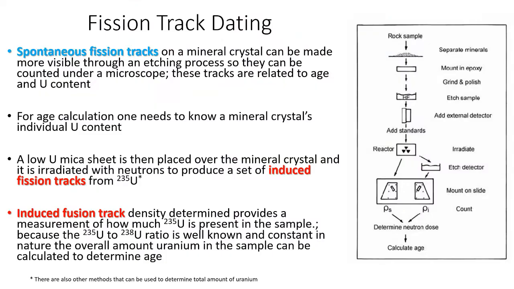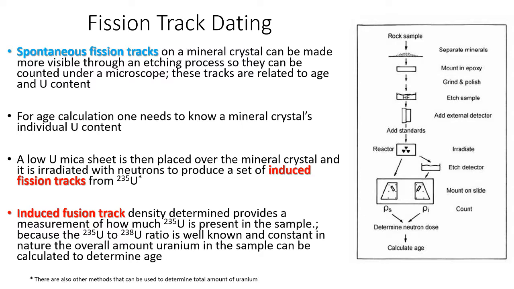If we bounce back here, you can see the bottom part. We can, through this process, figure out how much uranium-235 is in the crystal. And fortunately, the uranium-235 that we determine to be present is always present in a constant ratio to uranium-238. So we can figure out how much uranium-238 is in there as well. Then we can determine the total amount of uranium in there, and we can relate that back to the number of scars that are appearing on the crystal per square centimeter.